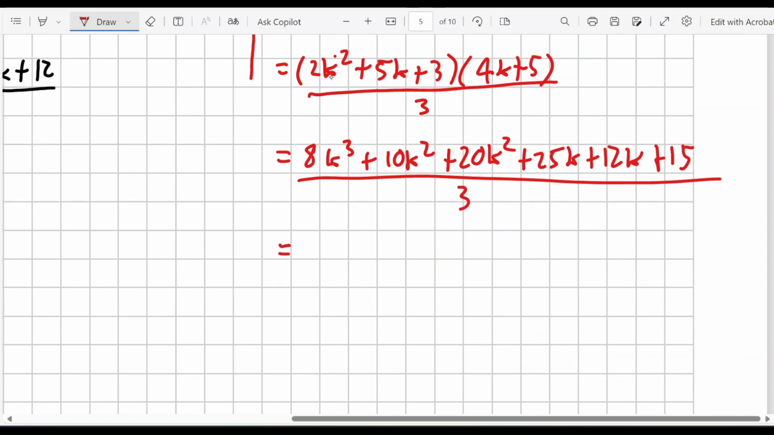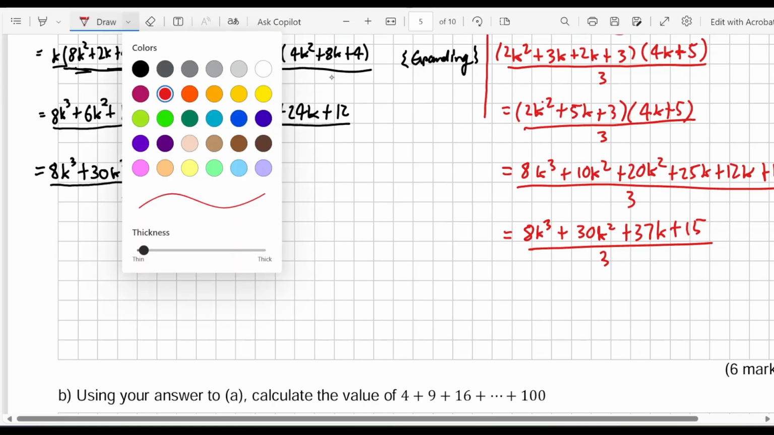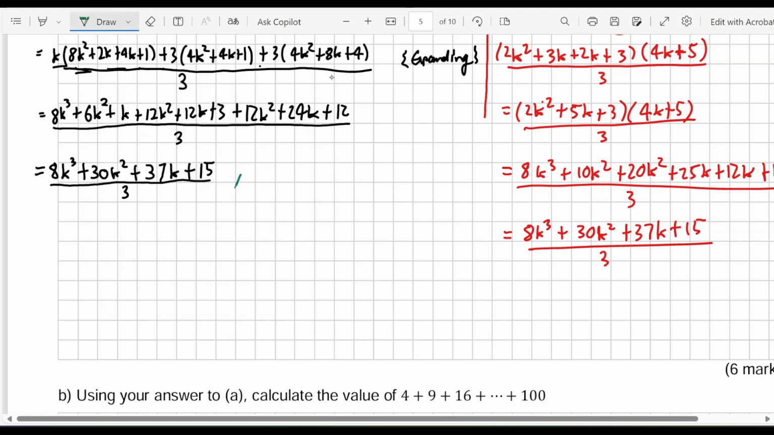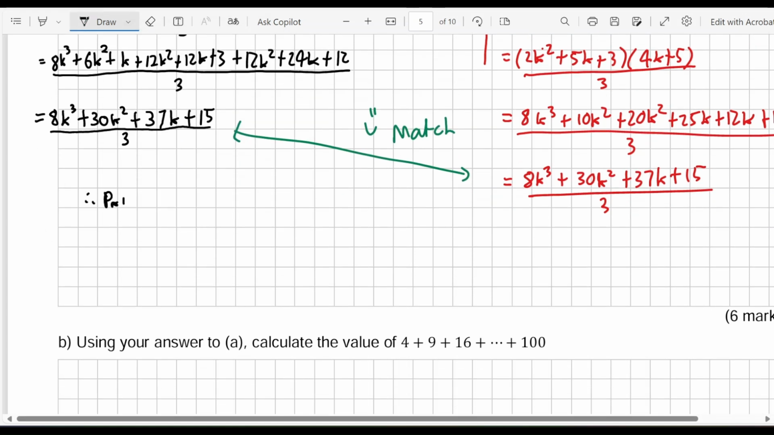So if we collect like terms, that's going to be 8k cubed, 30k squared, 37k, and 15, all over 3. So wonderful, they match. That's good. Now, because this is a bit of a more complicated one, I might just draw the arrow to that. And let's say they match. And we're done. Therefore, P of k plus 1 is true. Therefore, by induction,